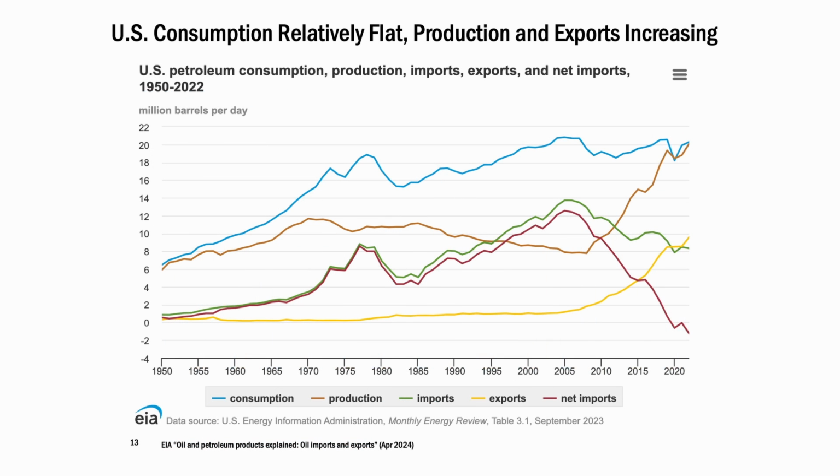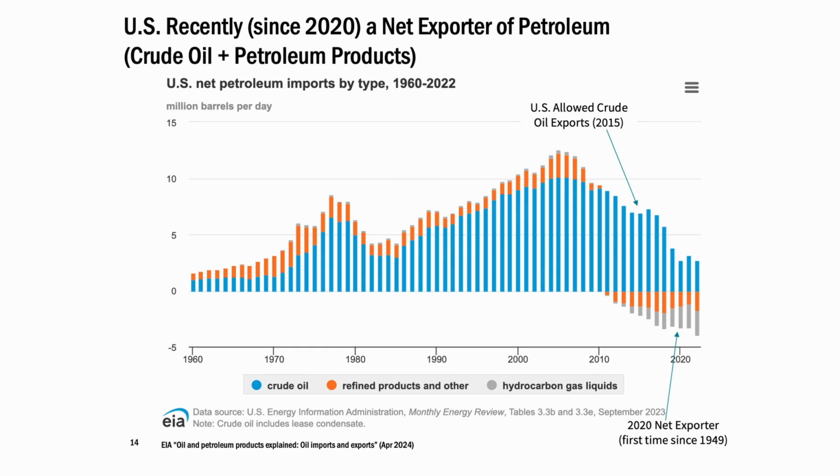You've seen something like this before, just looking at that a little bit more over time, where our consumption isn't growing a lot in the US, and there's actually talk about it leveling off or declining with other options in the US. But certainly our exports are growing, our net imports are declining, and our production is growing a lot. So becoming more and more of an oil exporting country. We are a net exporter.